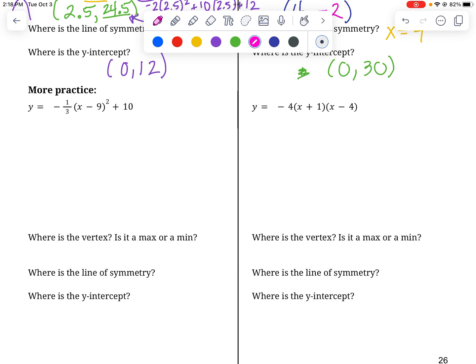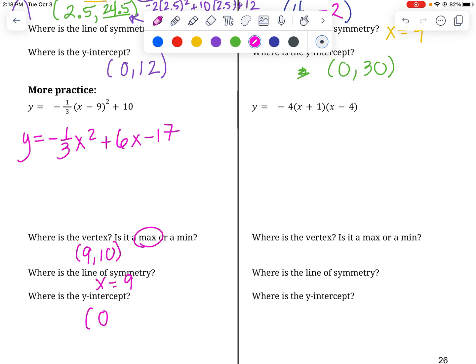Okay, and if you're listening now, you should have already tried these problems. You should already have these answers. I'm not going to show all the work for it. I'm just going to allow you to check your work by looking and seeing if you get the same things. Okay, and then on this one, when you multiply this all out,